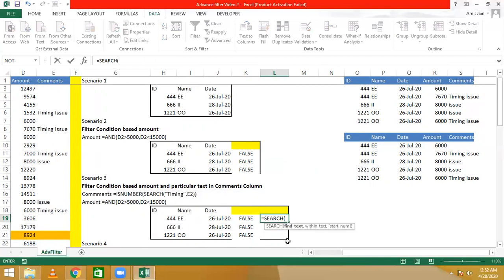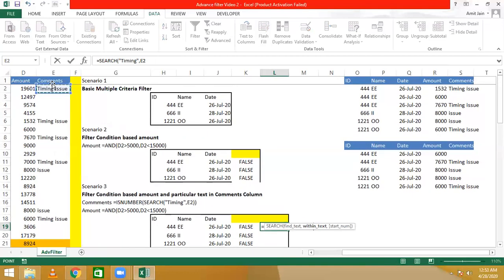So what we want to filter is timing as a text. Wherever we have a timing in a cell, those transactions should be filtered out. So we will select the first cell in the comment column, and this cell will be a relative reference, meaning there should not be any dollar sign here, and we will close the bracket.